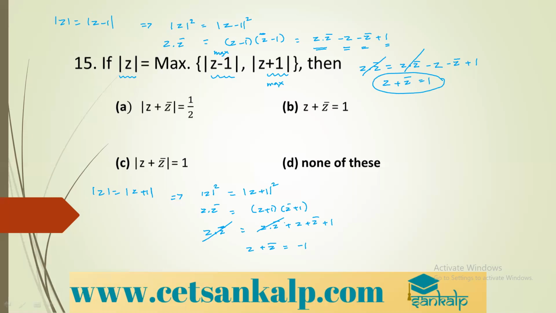This is the first one I got and this is the second one I got. But I have to take the maximum one. That means combining both, I can write modulus of z plus z bar will be 1. If I take modulus for it, plus 1 will become 1, minus 1 also will become 1. So this together I can take for option C. Option C can be selected here because I'm combining both and together writing.